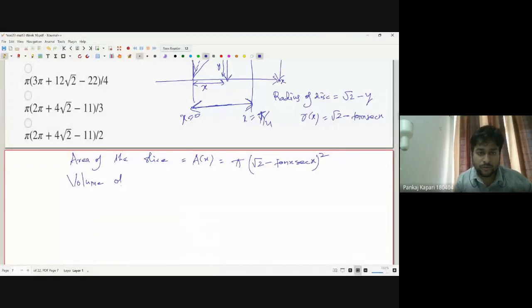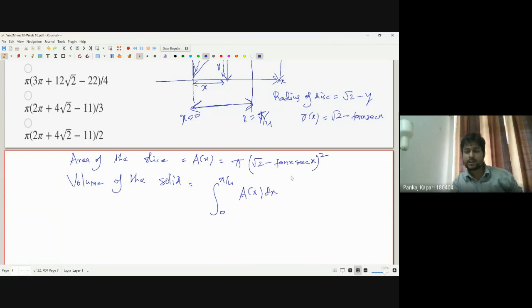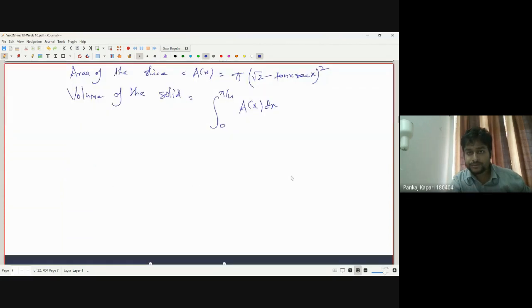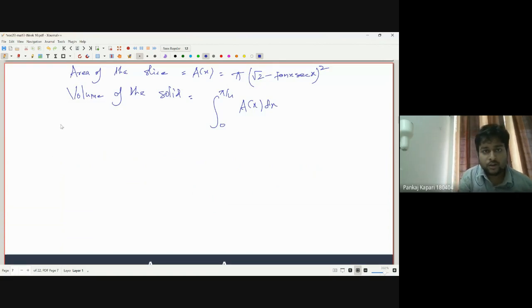So the volume of the solid is just the integral from 0 to pi by 4 of A(x) with respect to x. That means we have to find this integral. Let's call this volume V. So V is equal to the integral from 0 to pi by 4. What is A(x)? It's pi